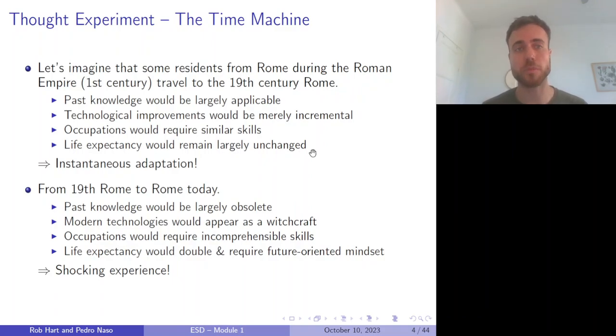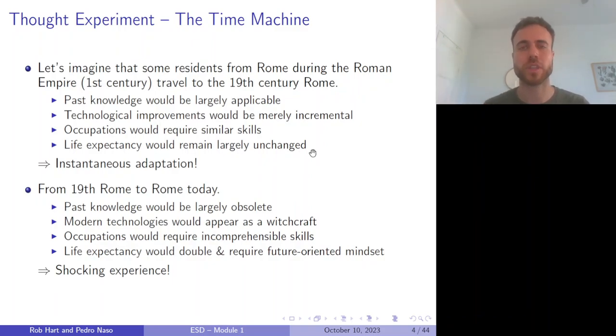she would do a physical job in the first century Rome. In the 19th century Rome, again, it would be mostly physical work. The types of occupations that existed in first century Rome were more or less the same as the types of occupations that existed in 19th century Rome. So farming, kind of the same farming techniques, not a lot of technological improvement. So mostly the technological improvement that happened from first century to 19th century was incremental, meaning that there were improvements in the same techniques that people used in their occupations, but there was not a qualitative change, a discontinuous change